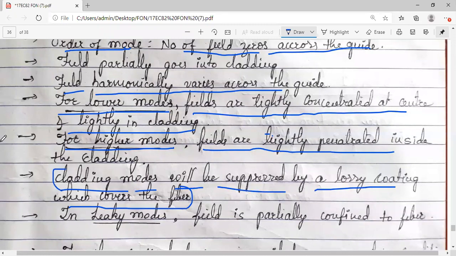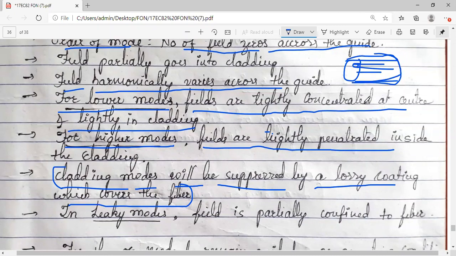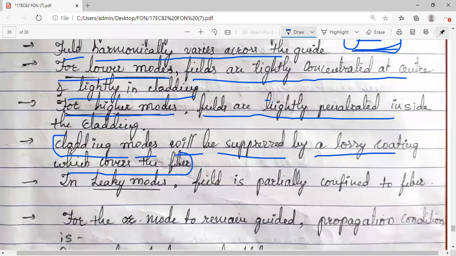That's why, if you look at an optical fiber practically, the structure, no doubt, is something like this: centrally the core, and this is the cladding. It is simply not available like this in the market. There will be a coating also. Why is that coating there? Because the cladding modes, that is the higher modes, are actually unwanted. We want the power at the core center, not the cladding. Because of that, we need to suppress these modes which are in the cladding. So they are suppressed by this coating.